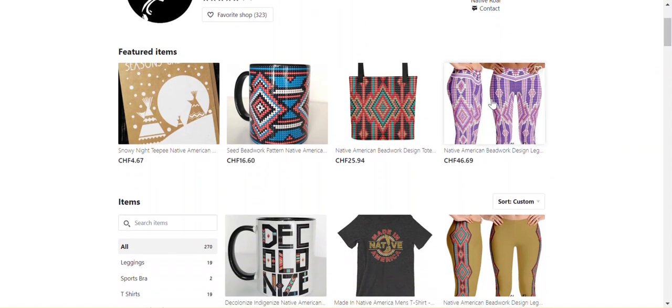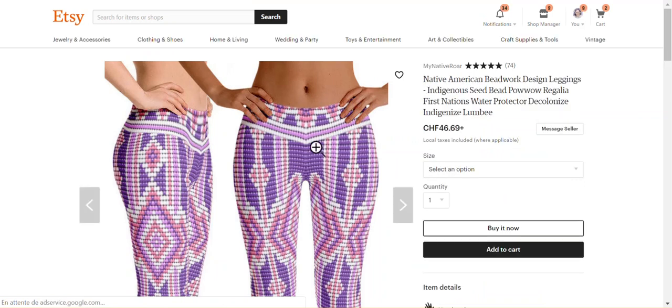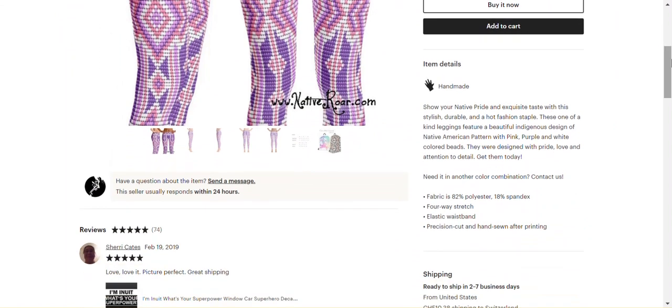And the first one I would like to click on is one which is featured here, and it's these leggings with a beadwork design. Seed bead printed pattern. Okay, so the thing I like about this is the item description here, because it starts with, again,